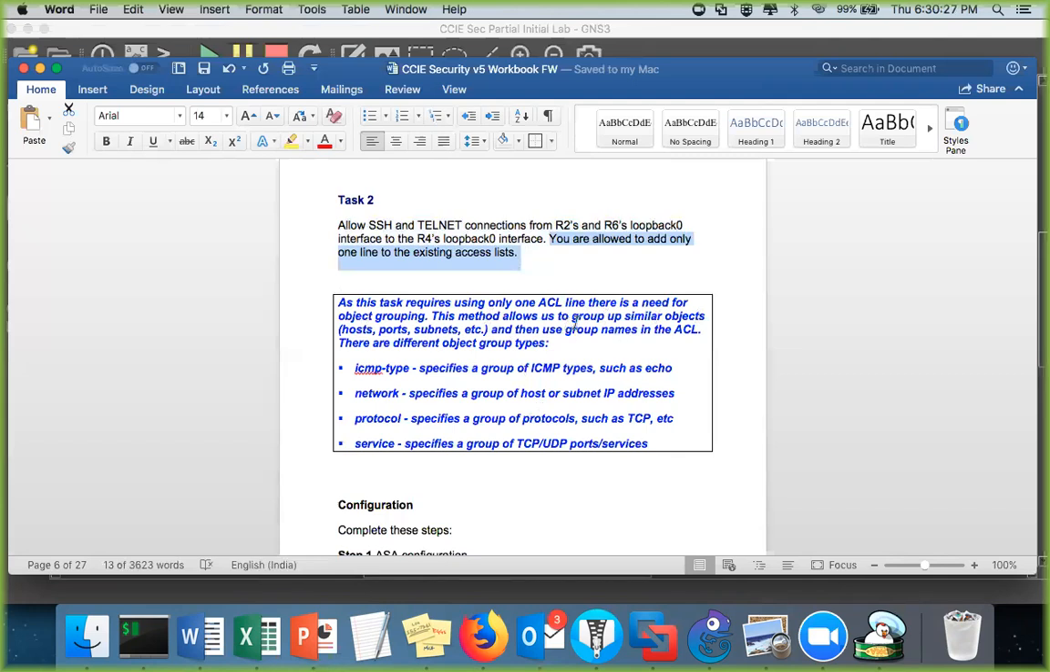This method allows us to group similar objects like hosts, ports, and subnets, and then use group names in the ACL. There are different object group types: ICMP type, network type, protocol type, and service type. Object group resolves the scenario where you have to configure so many multiple access lists,